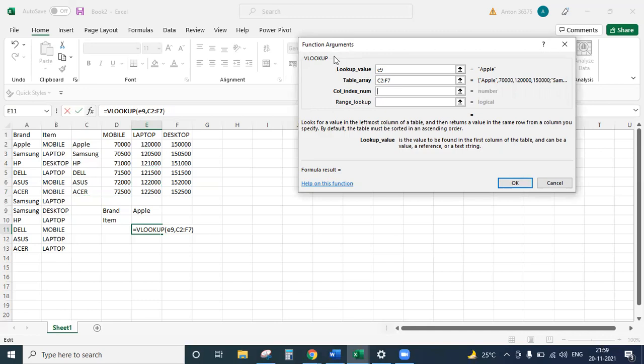Forget columns A and B. Our table is starting from C. So laptop is in which column? It would be 1, 2, 3. Correct. Type 3.